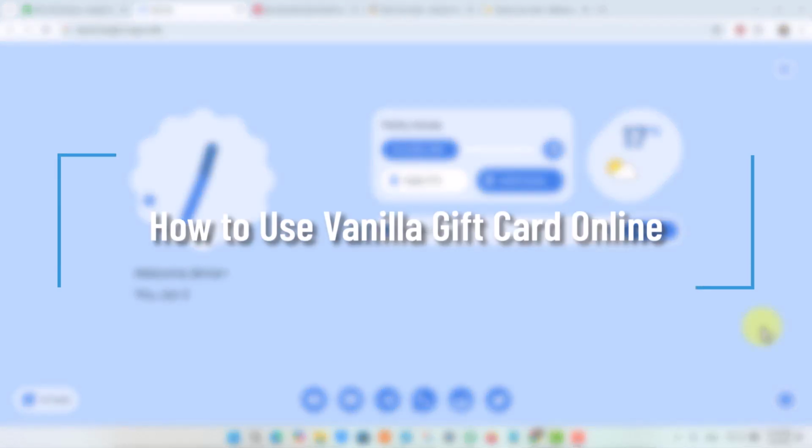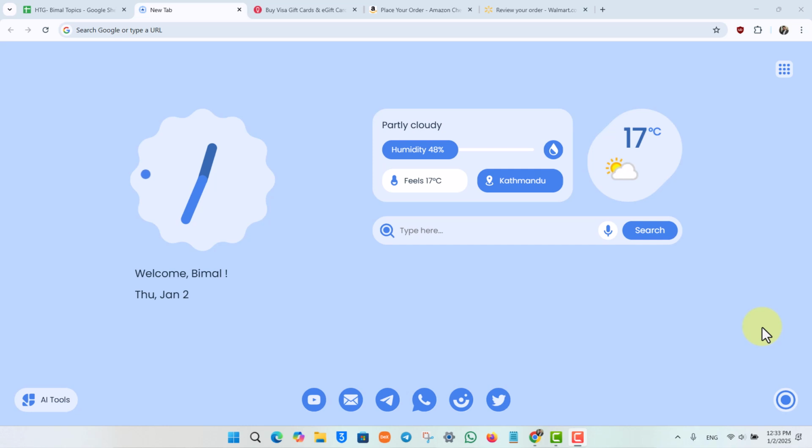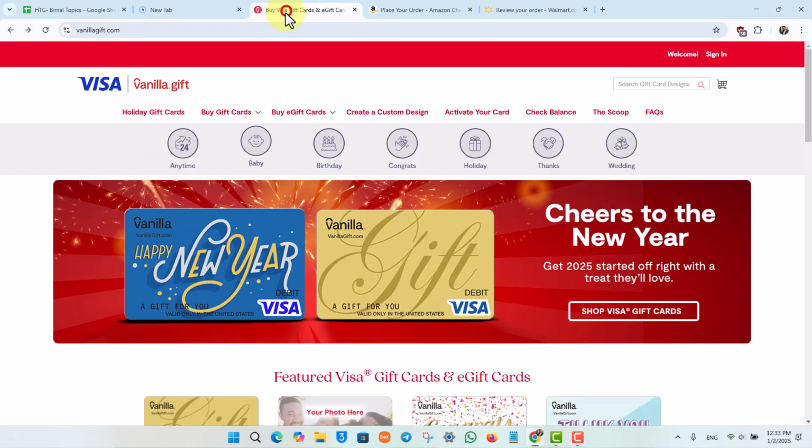How to use vanilla gift card online. So first of all, what is a vanilla gift card? A vanilla gift card by itself or by nature is also a Visa gift card. So if you go to the official website of vanillagift.com, you can see a vanilla gift card is essentially a